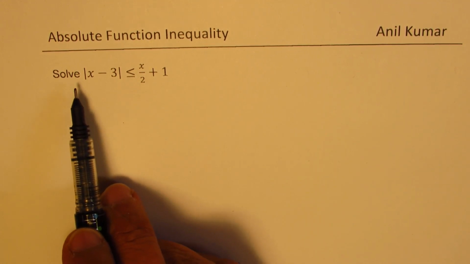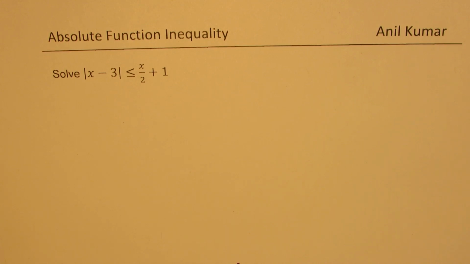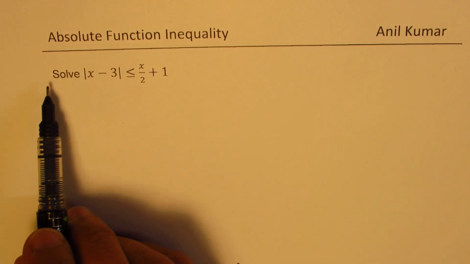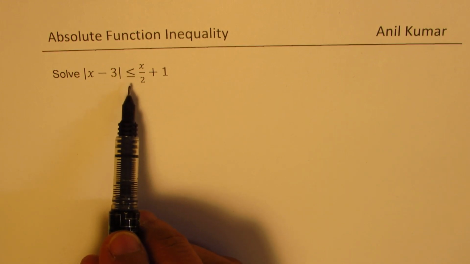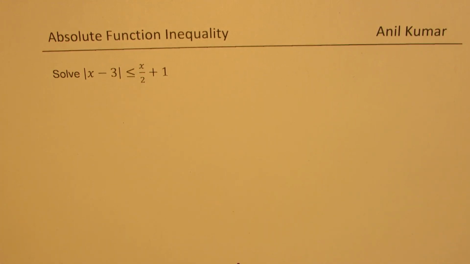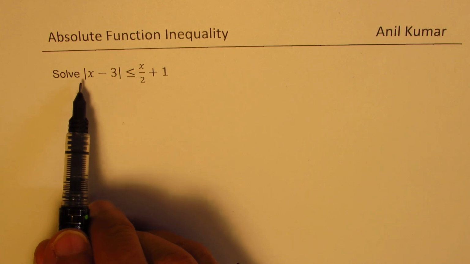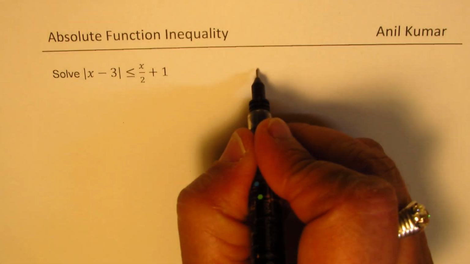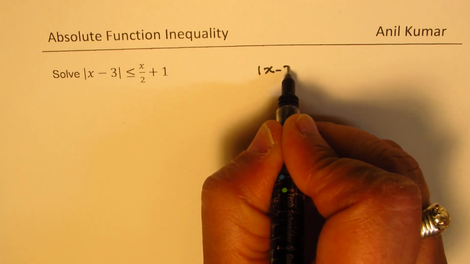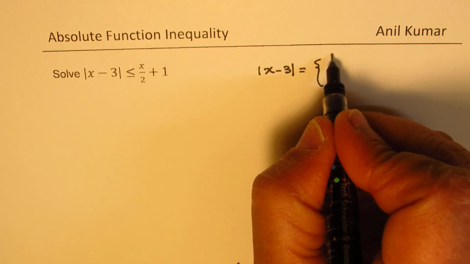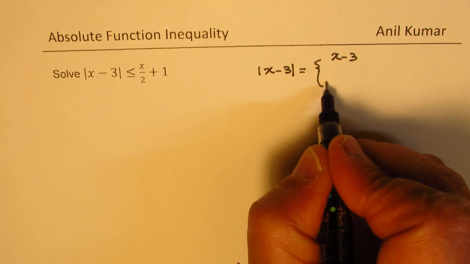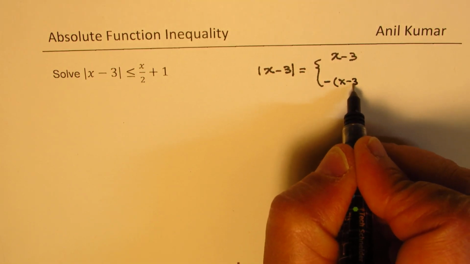We'll solve an absolute function inequality in this particular example. The question is to solve the absolute value of x minus 3 less than or equal to x over 2 plus 1. Now remember, whenever you have an absolute function, it should be written as a piecewise function first. So the absolute value of x minus 3 is basically equal to x minus 3 and negative of x minus 3,